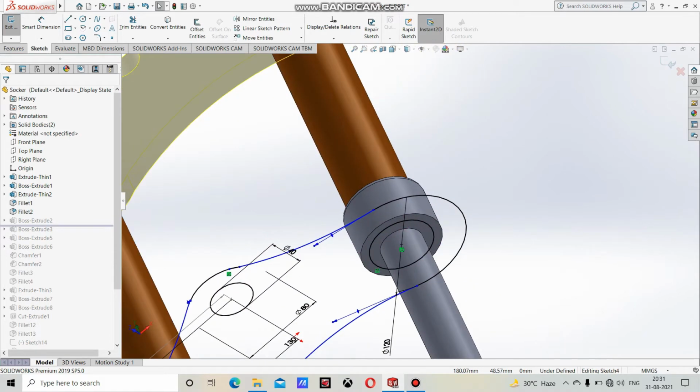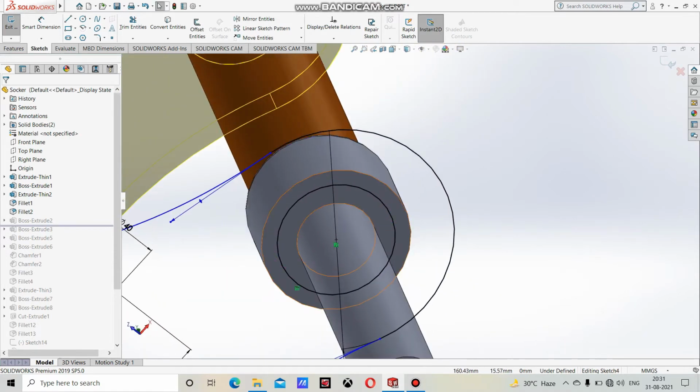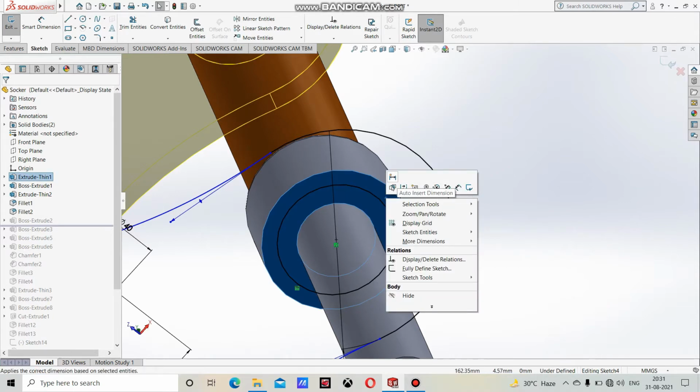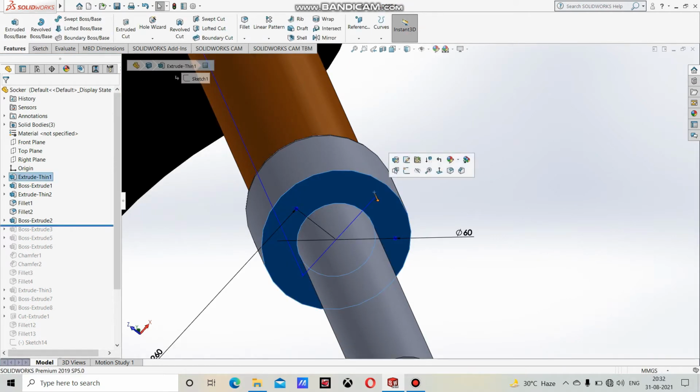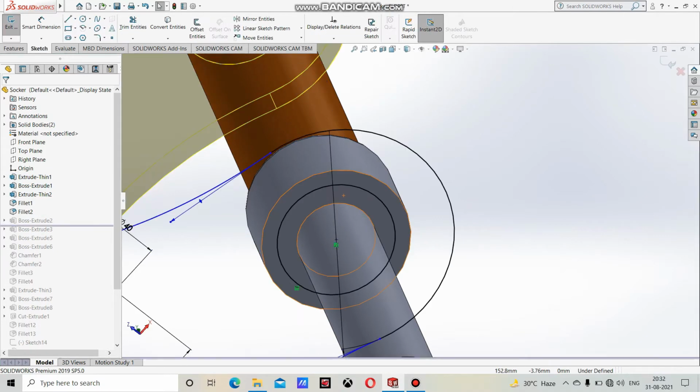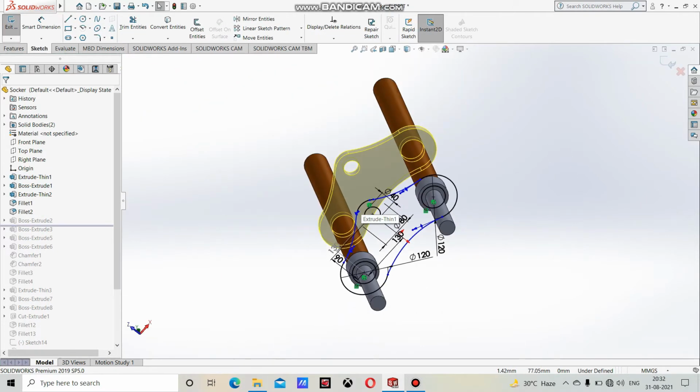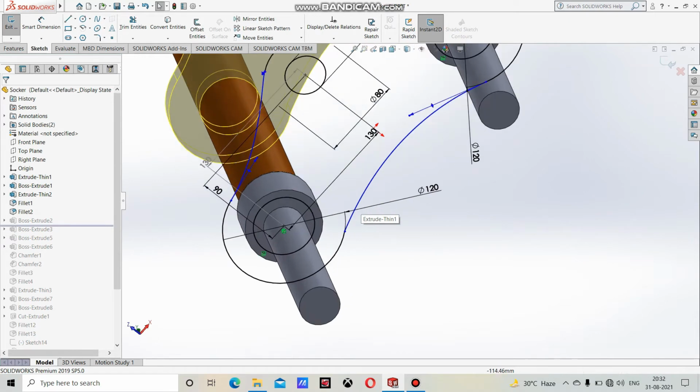Click on the top plane and, sorry, exit the sketch and draw here. Right click and here comes the option of sketch. Click here and come to the sketch portion and go to the sketch button and it will look like this. And you have to draw